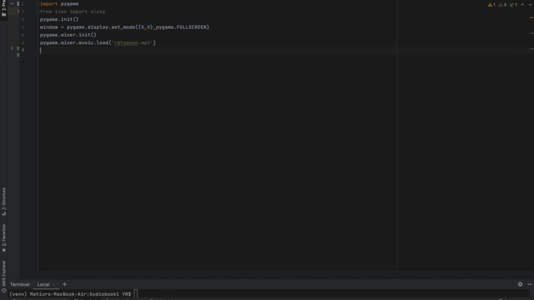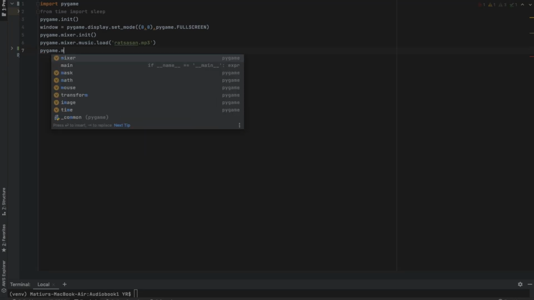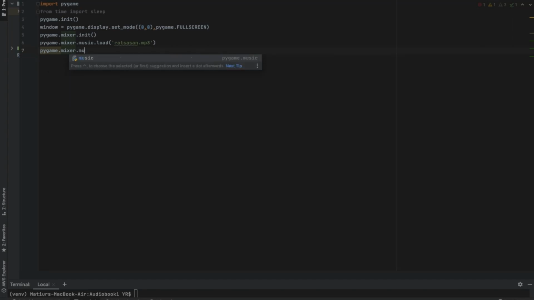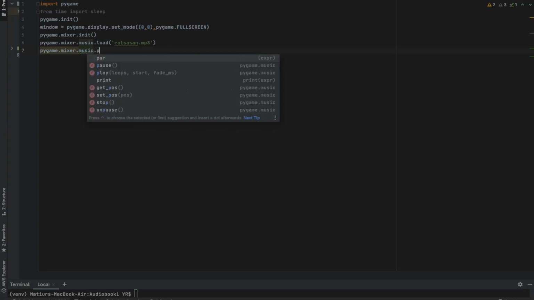And next you can go down and again type pygame.mixer.music, and after that you can type .play